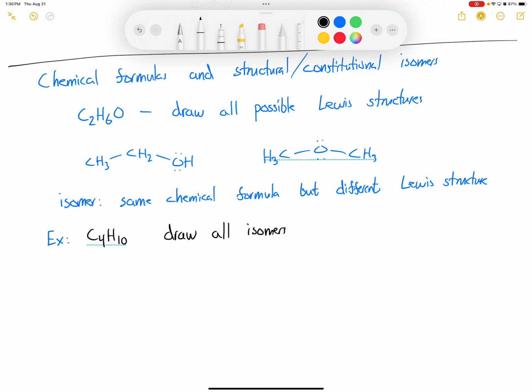So the easiest thing to do is what? Draw what first? What kind of shape? Zigzag. Let's do the zigzag, okay? Boom. Up, down, right? Like that. Kind of how when you had to draw the Lewis structures on the homework, you could draw lines easily because everything was on hexagon paper. Okay,